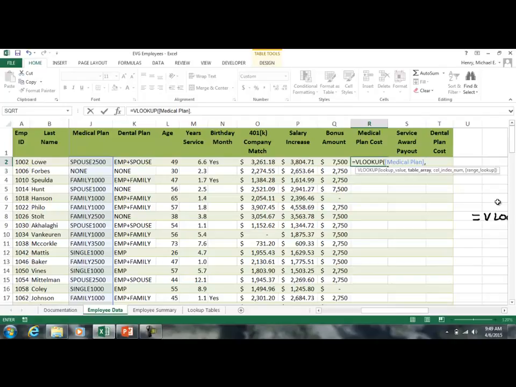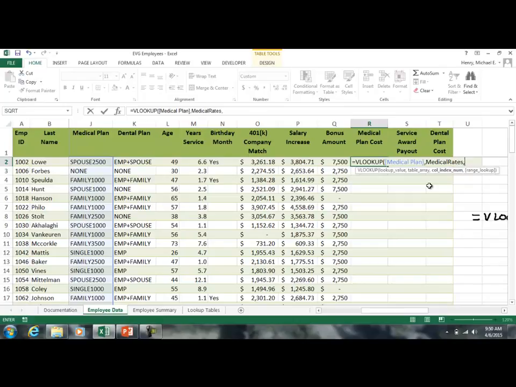I've now moved over to my table array. And I know that that was called medical rates. So I start typing in MED, and you'll notice right there the second one down is my medical rates right there. You can see that little symbol right here. That means it's a range, and it's somewhere within the workbook. So I hit tab. I don't even have to type it all in. I just type in the MED and go. Now I put in